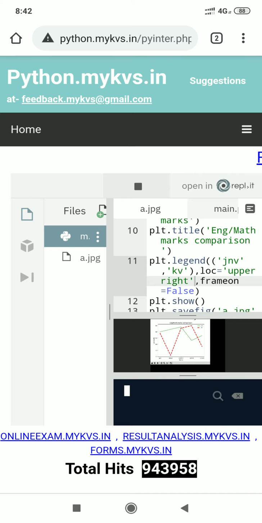Okay student, you are finding here that on the upper right corner there are 2 marks. This one is legend, so it's enough for you. I will give you an assignment.